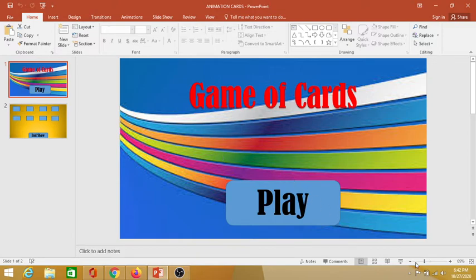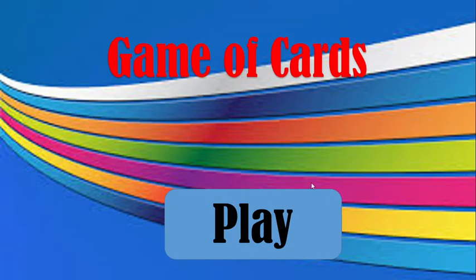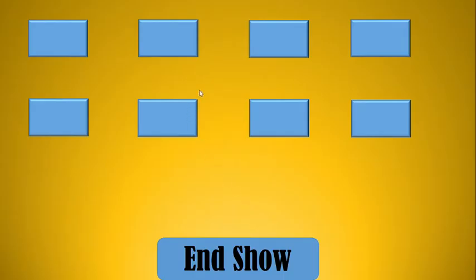So first of all, we'll go to the slideshow mode, and here we'll click on the play button. The moment I click on the play button, I see that there are some cards that are displayed. Now what are these cards? These cards are words that have been hidden behind these cards. Every card has a word hidden behind. So what am I supposed to do? I am supposed to find out which two cards are similar.